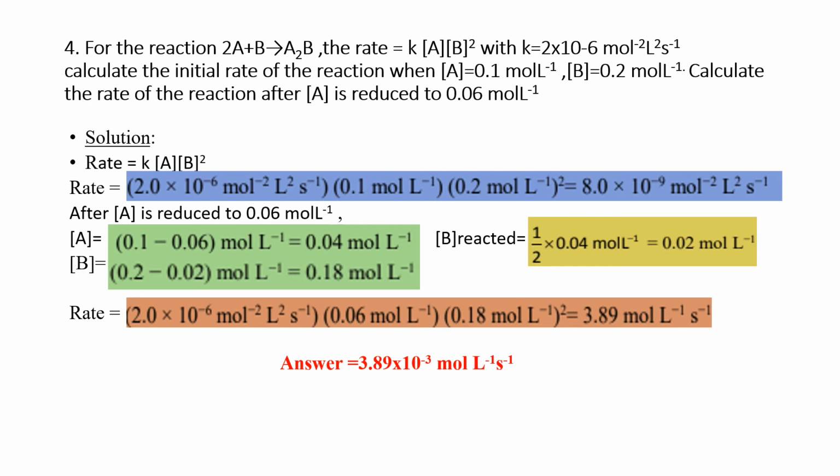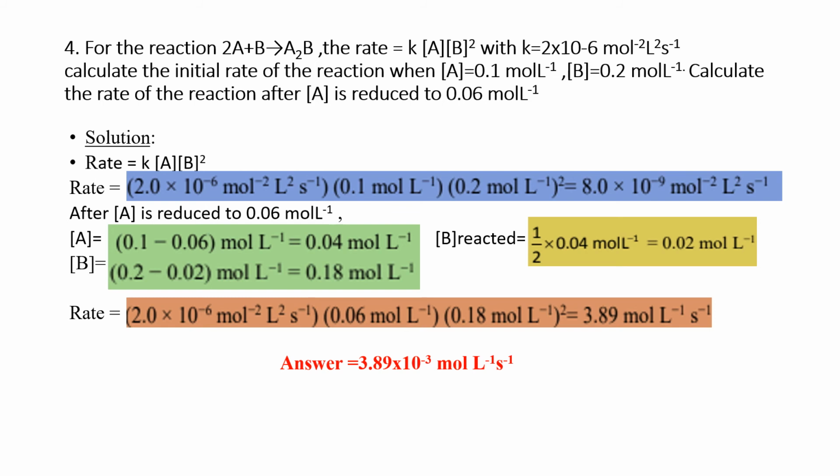And how much it reduced to A? A concentration is reduced to this much concentration. Initially we will have 1 mole. Okay, we will take 1 apple is there in the initial, and at half of the reaction it will be half the apple. Then that half of apple only we can take, how much apple is there? So 0.06 mol per liter only is there. So we will take that one.